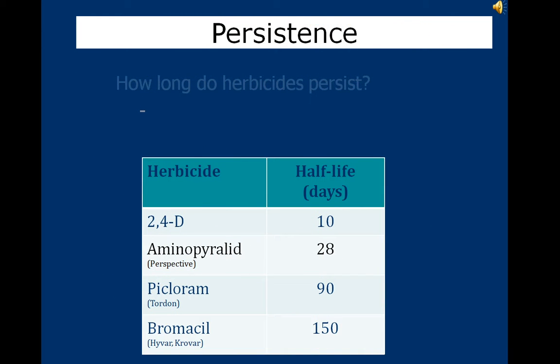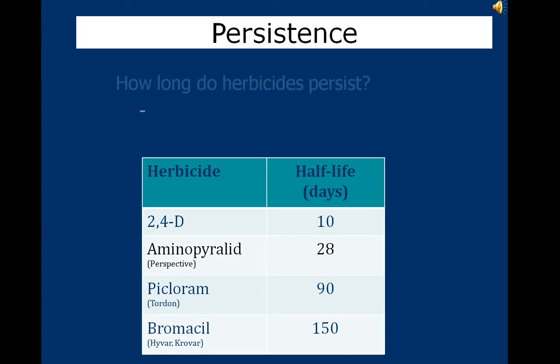As mentioned earlier, the chemical properties of the herbicide will also determine how long it remains active. Chemical half-life for a few pesticide active ingredients can be seen here. Half-life describes how many days it will take the pesticide to break down to half of its original concentration. 2,4-D, a commonly available broadleaf weed control chemical, will only be effective for a couple weeks with a half-life of 10 days. On the other hand, Bromacil, which is a commonly used pre-emergent herbicide, can remain active in the soil for